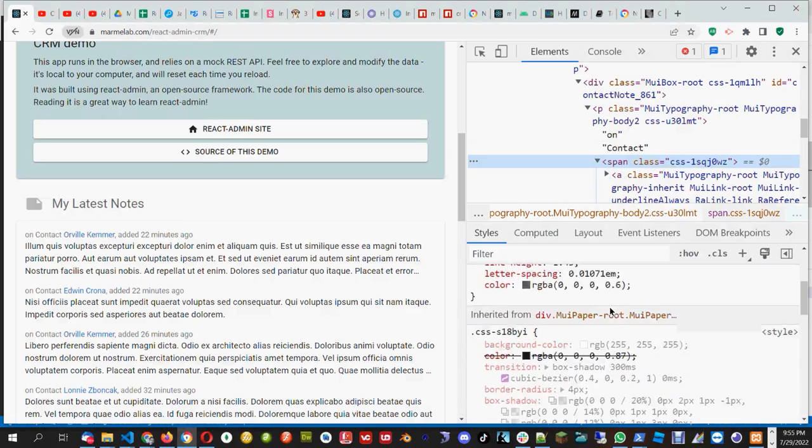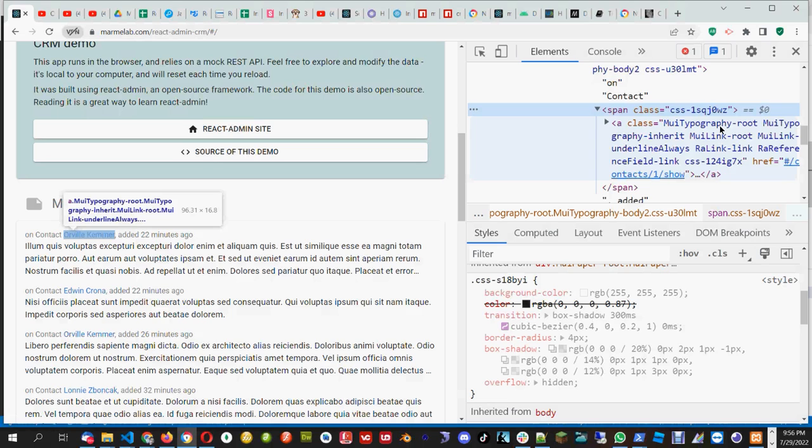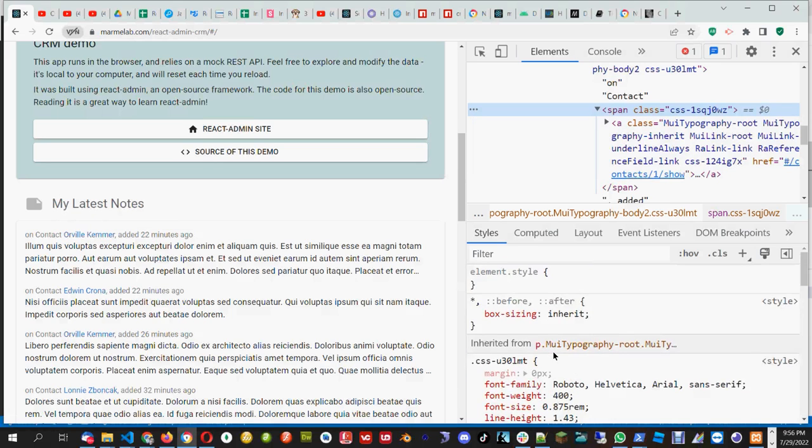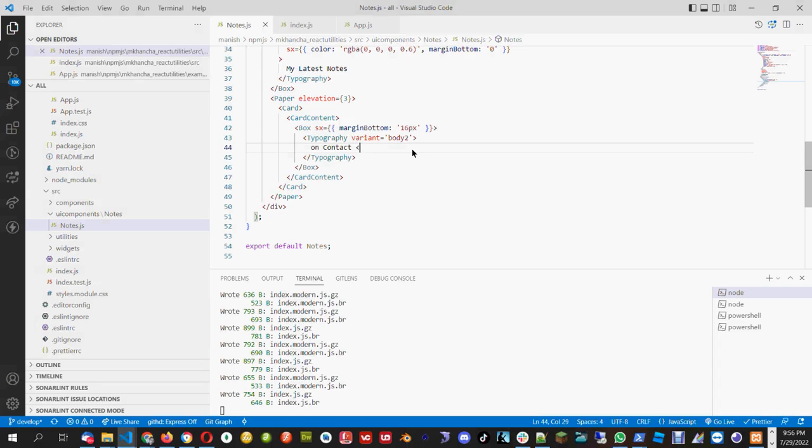We have the span tag, and inside that we have the typography with the link. Okay, typography with the link. After that we have the span tag, and then we have the link tag,